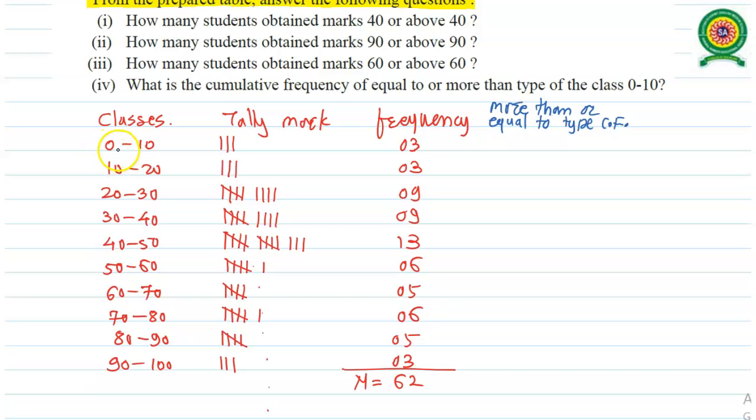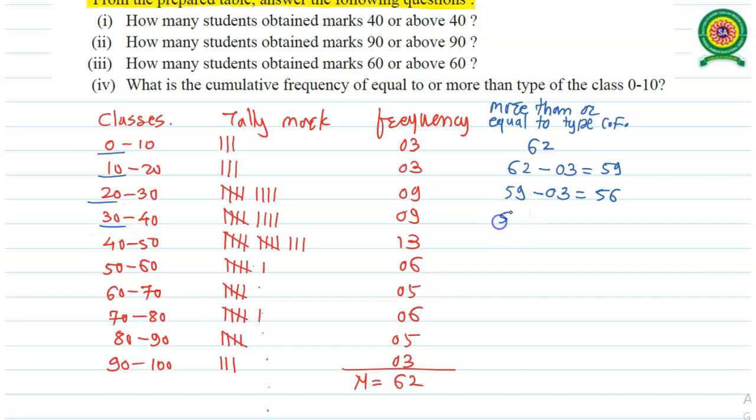So now let us try to find out the students who have more than 0 marks. That means the total number of students we have 62. That means students having at least 0 marks and at most 99 marks. Now number of students who have greater than 10 marks, that means we have 62 minus 3, that is equal to 59. Now number of students that have greater than 20 marks, we have 59 minus 3, that should be equal to 56.